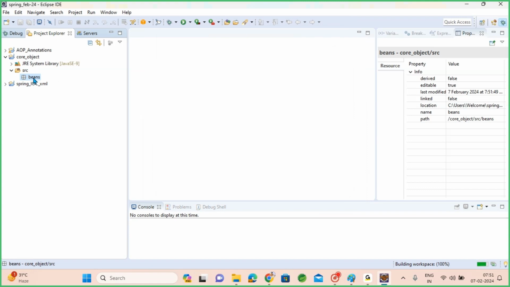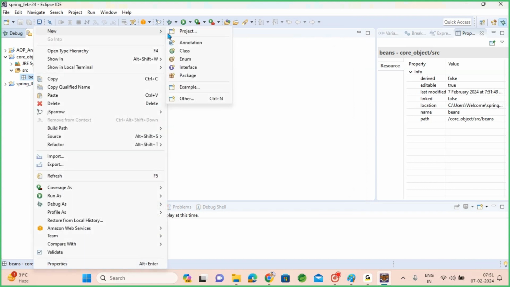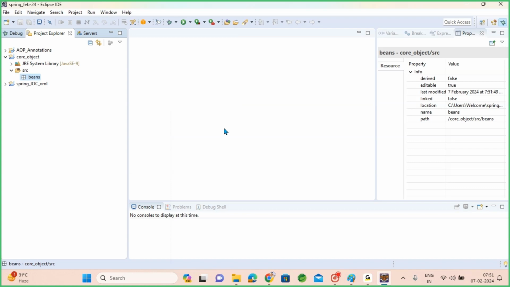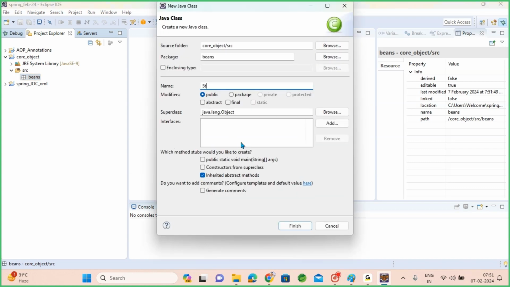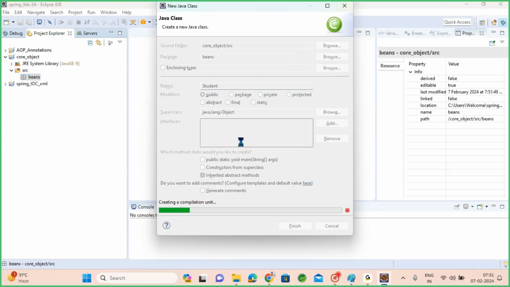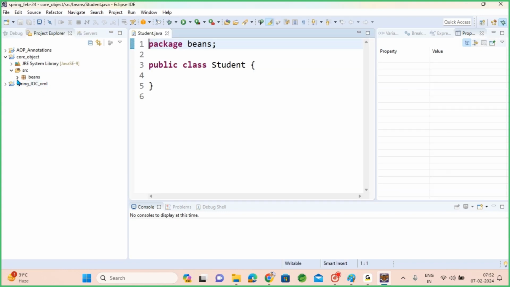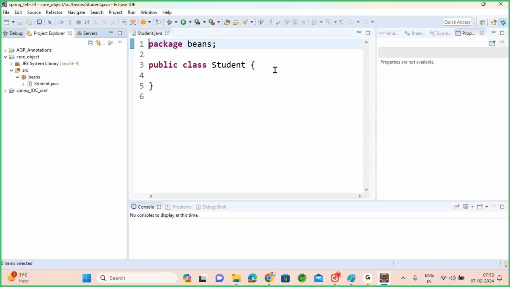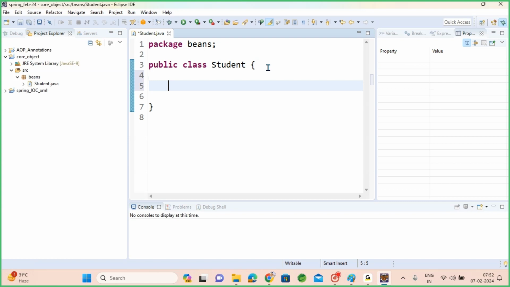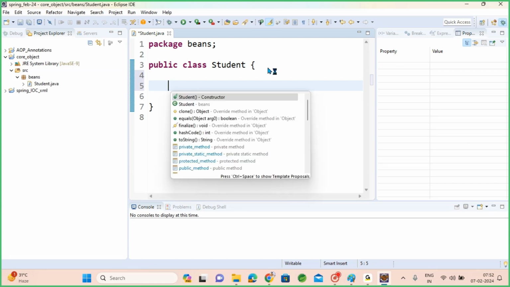A simple class I'm writing here. And keeping one default constructor to show you